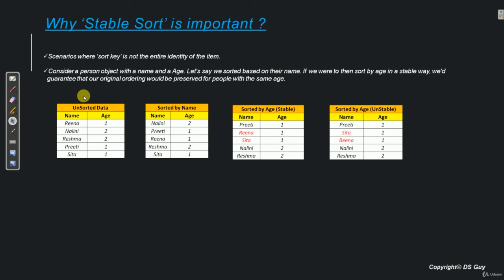Now you might be wondering whether there is any practical example where we use this kind of thing. Yes. If you have ever used databases, then you would be aware of a concept called the group by clause. The group by clause basically uses this concept very heavily. Let's say this is our data and we do a grouping on the basis of age, this is how it will look. This will be one group having age 1 and this will be another group of age 2. Within these two groups, the data needs to be sorted by name. Those kinds of queries use stable sort.